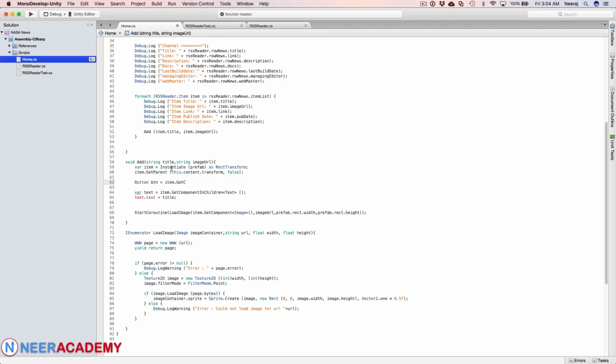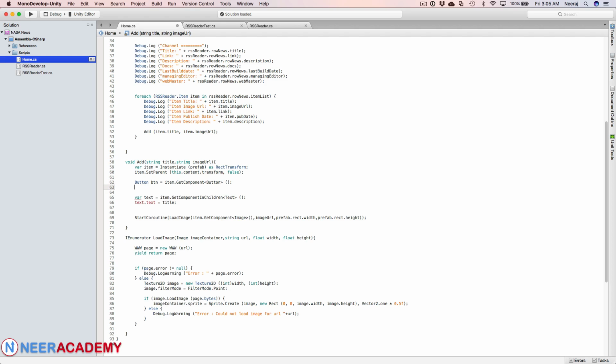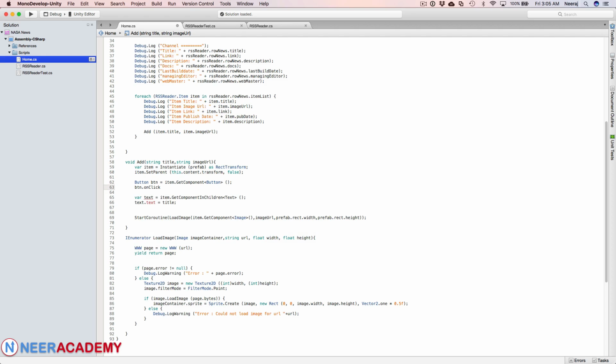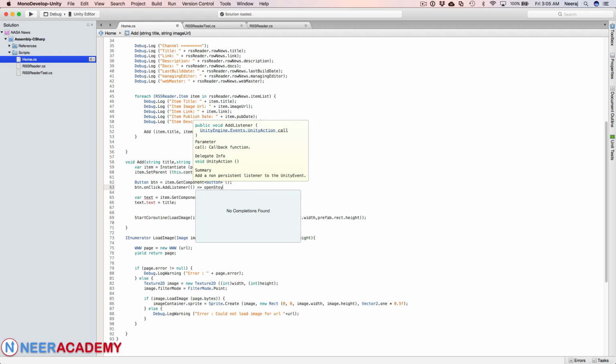So get component, it is Button. We'll need the button component, and then we get the reference there. Basically onClick listener, onClick, and then AddListener, and we are going to add the function. We will name it as OpenStory,